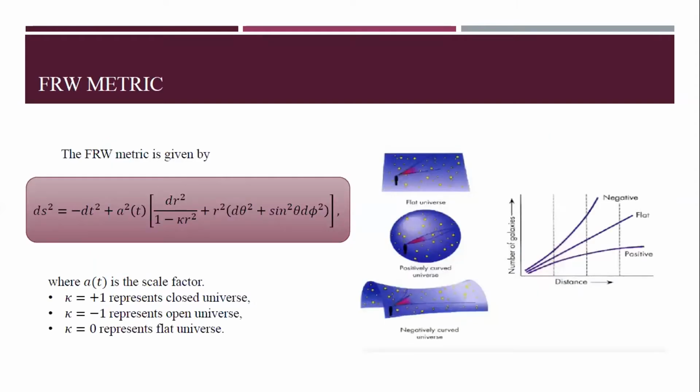Here we choose the flat FRW universe. However, in general, the FRW metric is given here. Its basic entity is the scale factor, and k represents the curvature of the universe, meaning the geometry of the universe. If k is equal to 0, we have a flat universe, of flat geometry. If k is equal to -1, we have an open, negatively curved universe, meaning it expands forever. And if k is equal to +1, we have positive curvature, and it will go to the end of the universe. So we consider here k equal to 0, a flat universe, meaning an asymptotically flat universe.